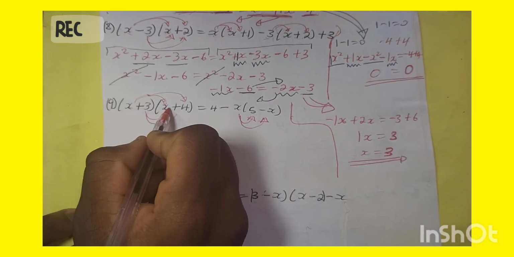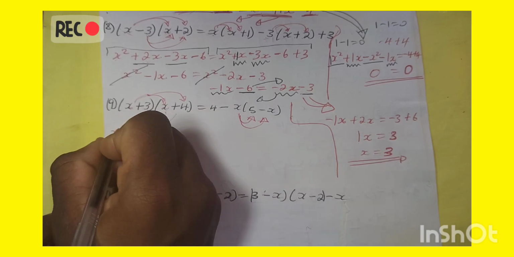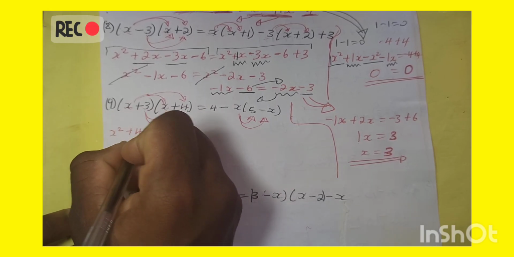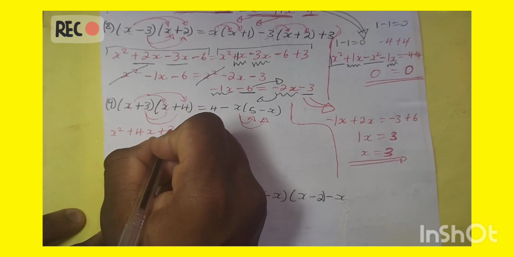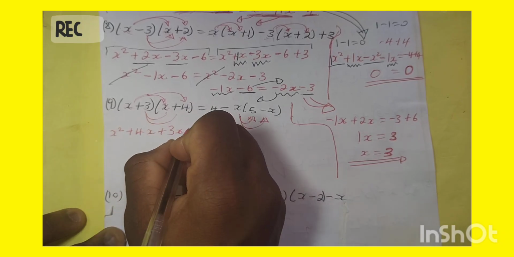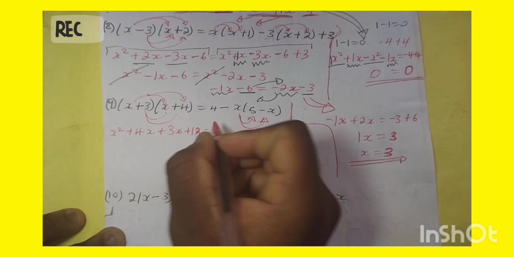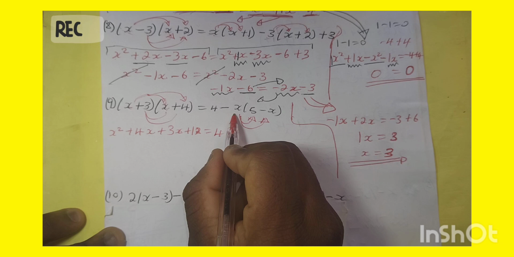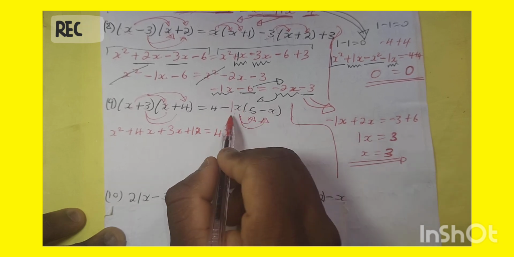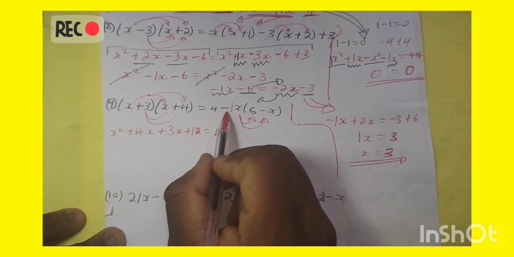This multiplied by that is x². This multiplied by that is positive 4x. This multiplied here is plus 3x. This multiplied by that is plus 12 here. And here it's 4. Here, when you multiply this thing, guys, the invisible one, when you multiply different signs,